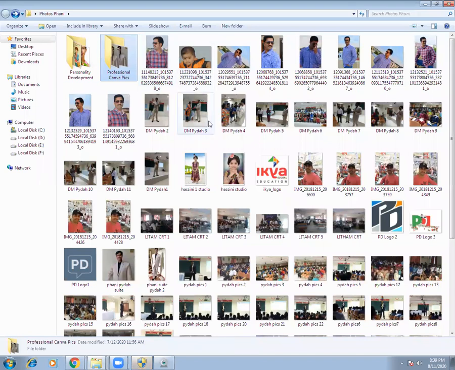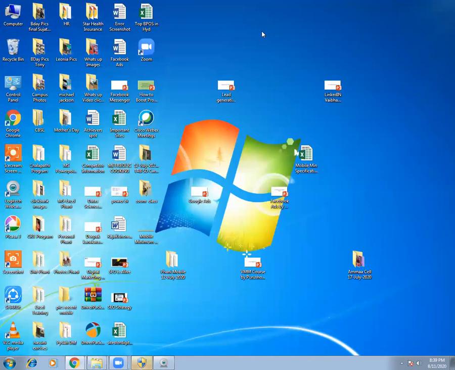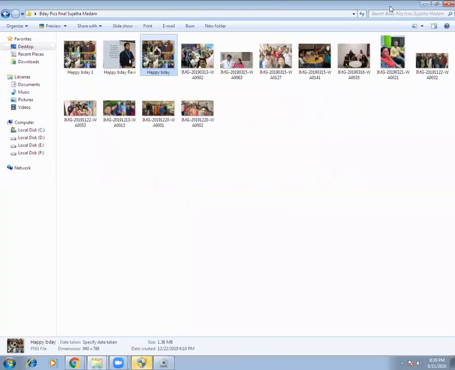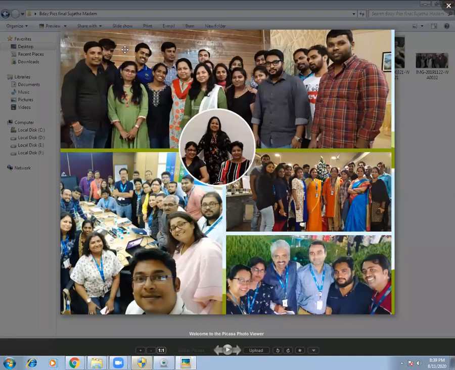Recently, it was one of my manager's birthdays and I wanted to create something. So look at the way I designed it. I wanted to ensure that I give her one collateral, one kind of pic where everybody is involved. So this is our complete team. See, how does it sound to you? Everybody's faces are clearly visible and you have put her picture in the middle and ensured that the entire team is conveying her a happy birthday wish.